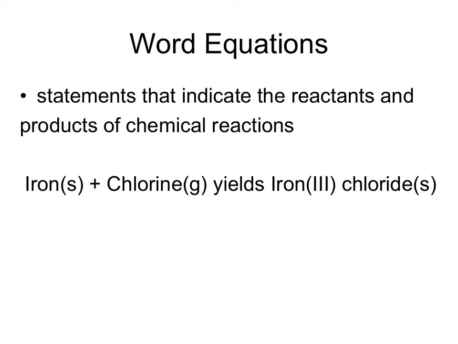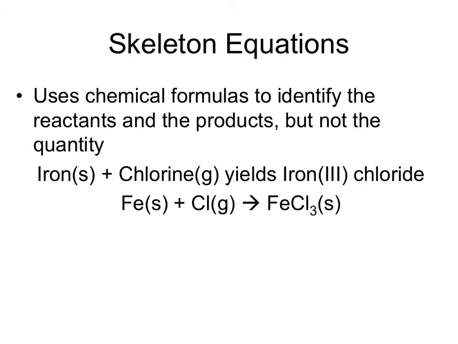So just some kind of general descriptions. You can write out equations in words, which are statements that indicate what your reactants and products are. In this case, instead of writing out symbols, we can say iron plus chlorine yields iron 3 chloride. Now I'll get into what the things in parentheses mean. So that's a word equation, or you can write skeleton equations, which would involve symbols or chemical formulas to identify